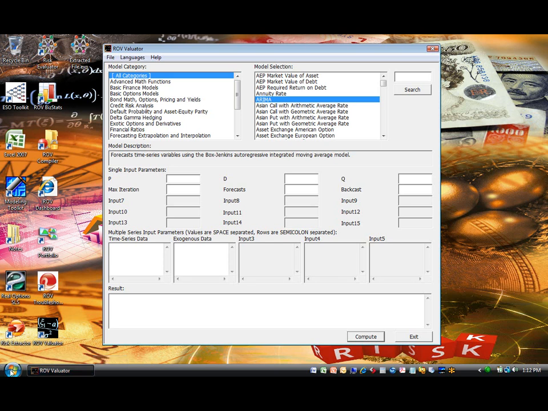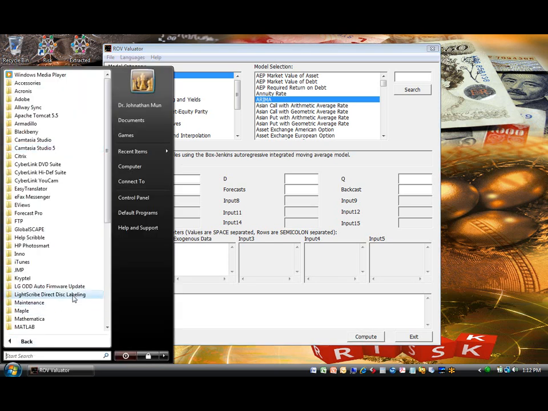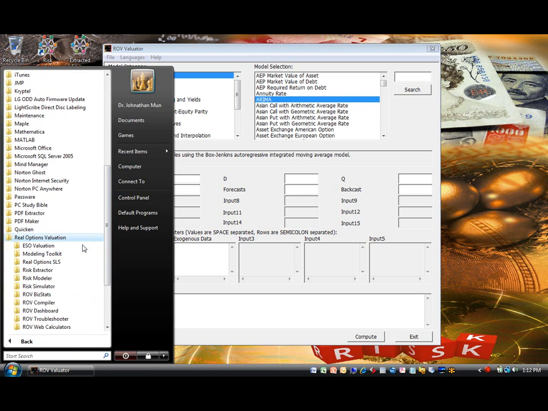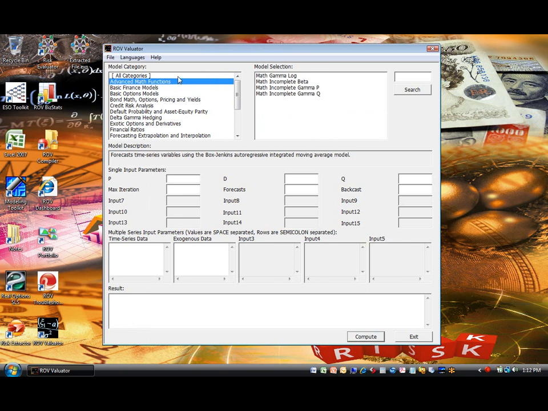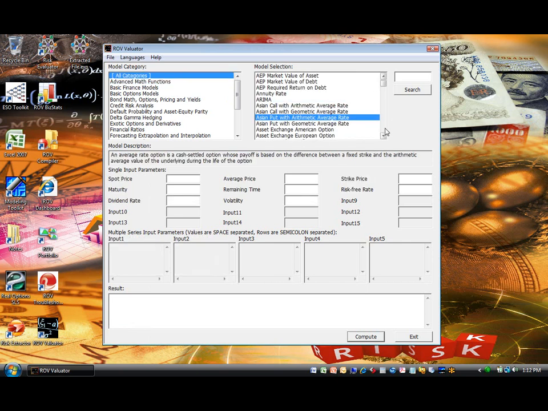The ROV Valuator is the application with over 600 advanced analytical functions and models. It affords hundreds of models in different categories for the user to select. The user can input the required data for the selected model, and this application will return the computed results very quickly. This module is useful for valuing derivative instruments, debt instruments, exotic options, options-embedded instruments, as well as multiple types